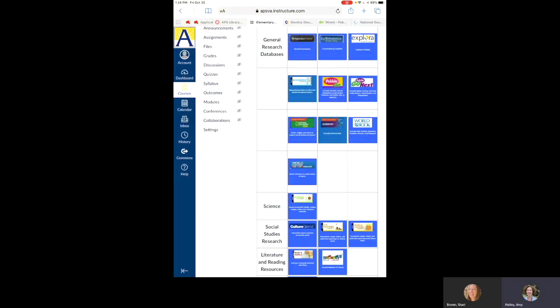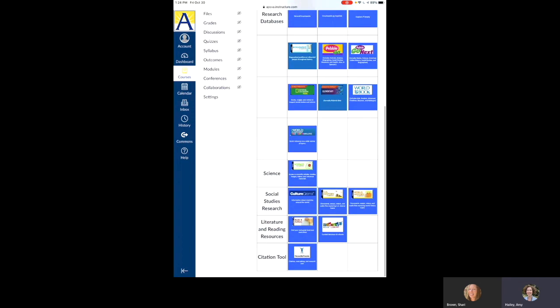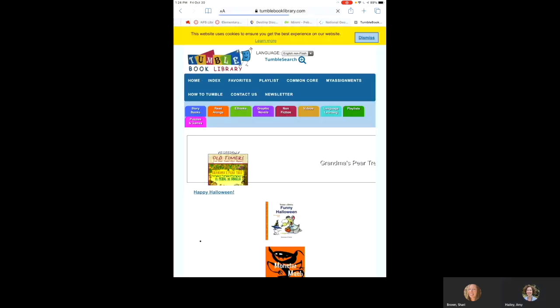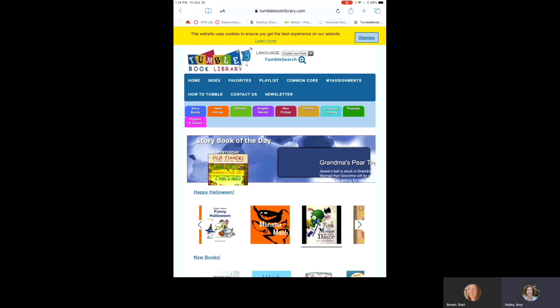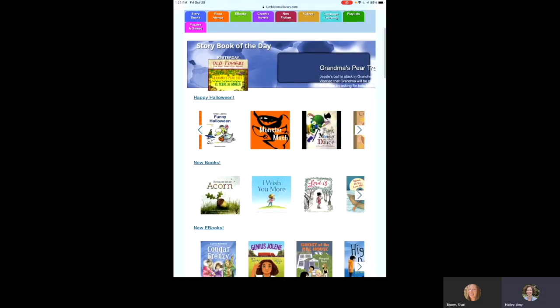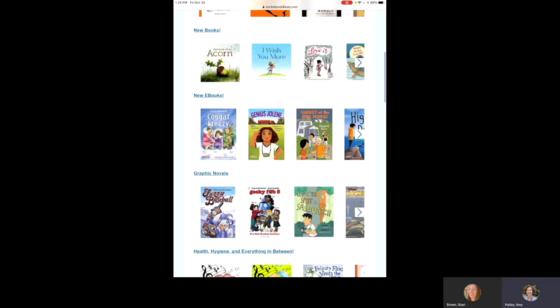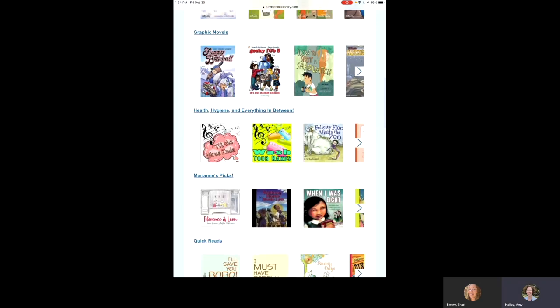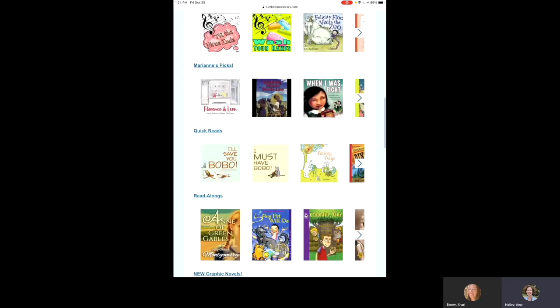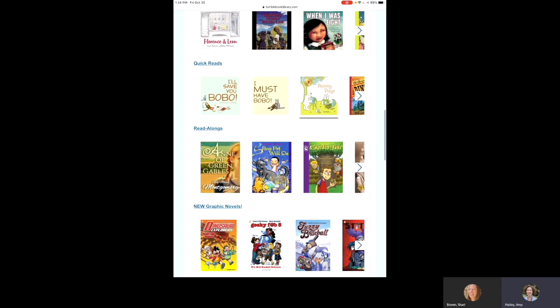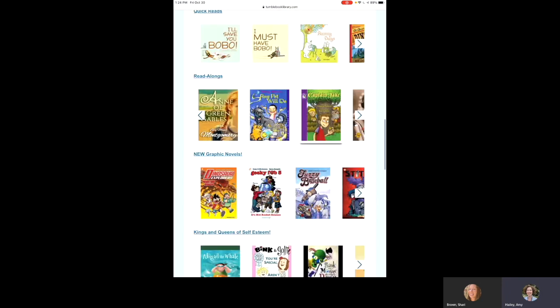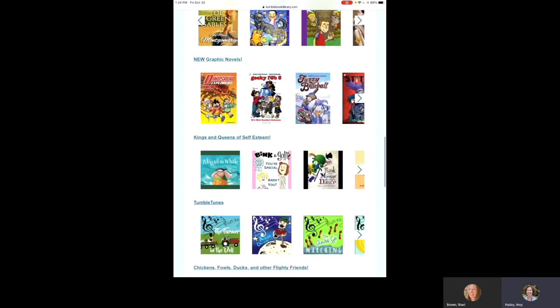I'm clicking on elementary again. And I wanted to share with you a new resource that we have this year called Tumblebook Library. Tumblebook Library has many books that are available to read. And I like these books because your child might want to read a book with a friend, and in this resource, they have unlimited users. So your child could read a book at the same time as their friend, even though they may not be able to get together. So if you click on a book,